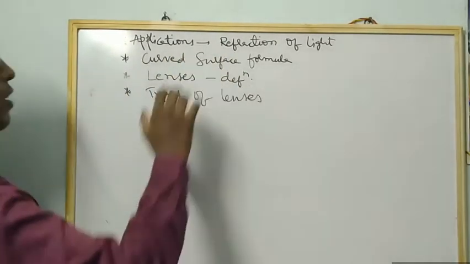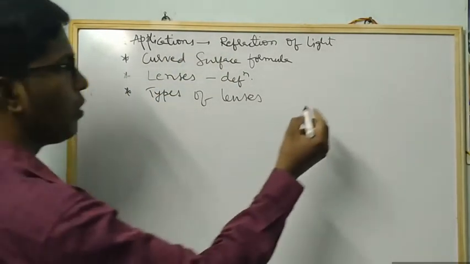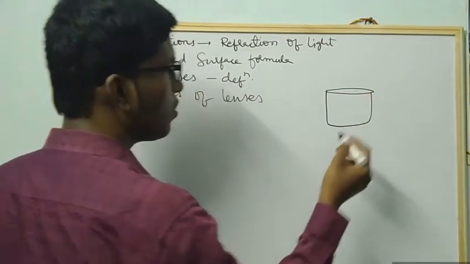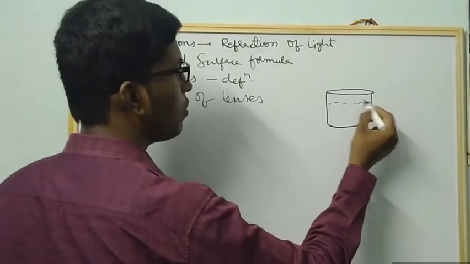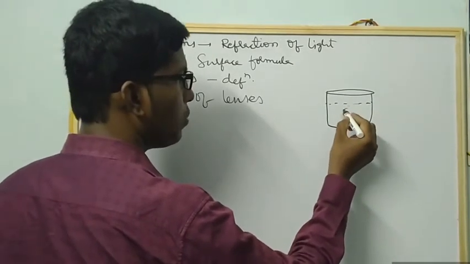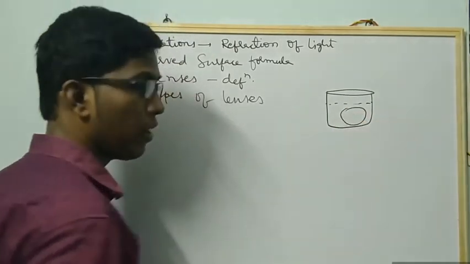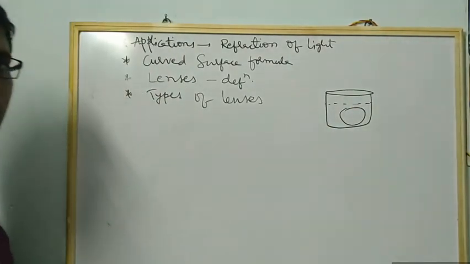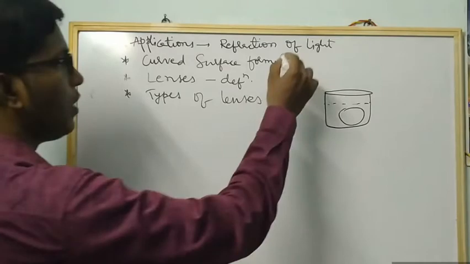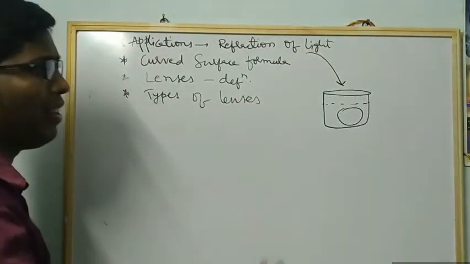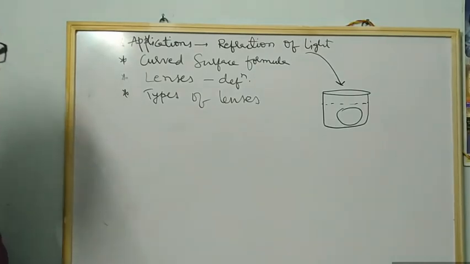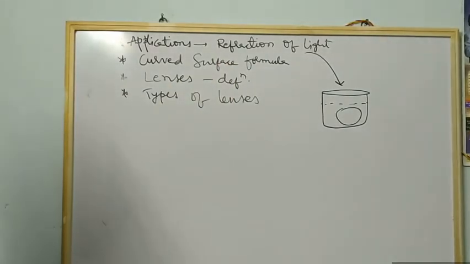In the exam they will ask why, the first one. Suppose if you observe, I think sometimes you have observed in any cooling shop, suppose this is the water and you may observe a lemon which is placed in the water, right? If you observe, the lemon appears bigger in size. Why? That is because of refraction of light. Why does the lemon appear bigger in size when it is placed in the water? Because of refraction of light.